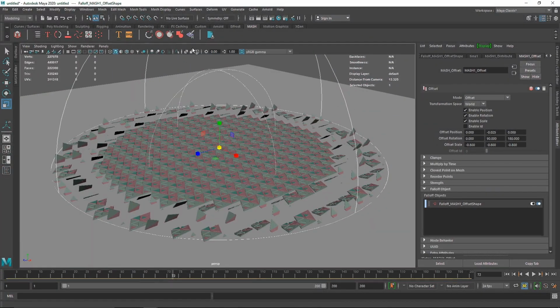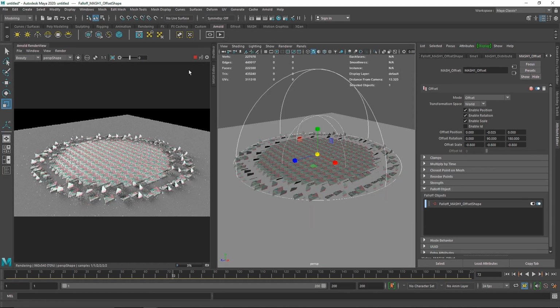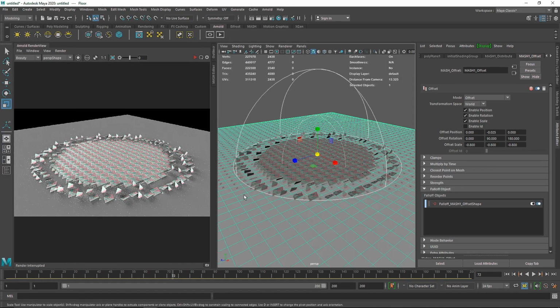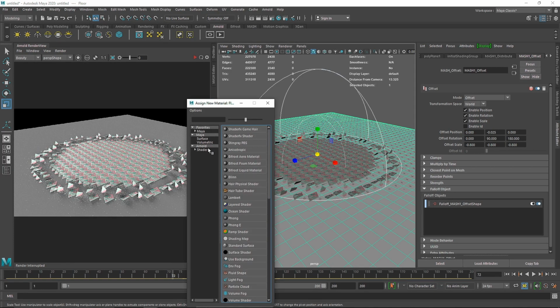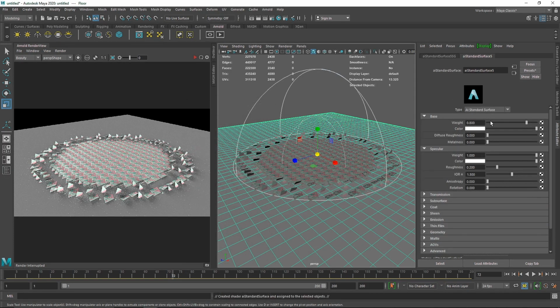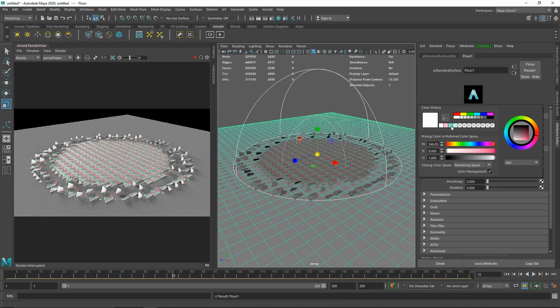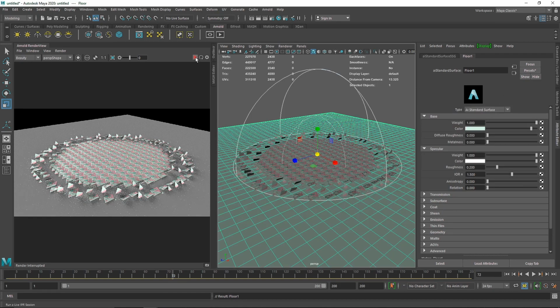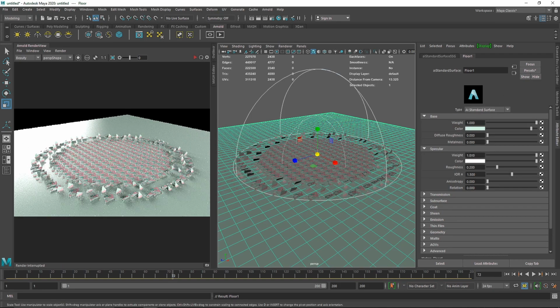Now we can simply go to the Arnold IPR, and now we have something like this. So let me just add a new material onto this, a standard surface, let's call this floor, and let's make this weight 1, and the color will be something like this. Okay, and I think I'm going to change this to 0.1, 0.5. Okay, let's go to the main cam,